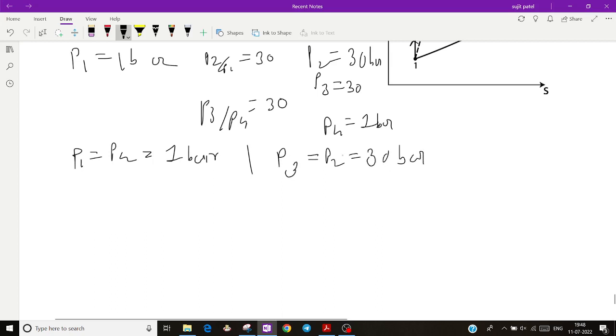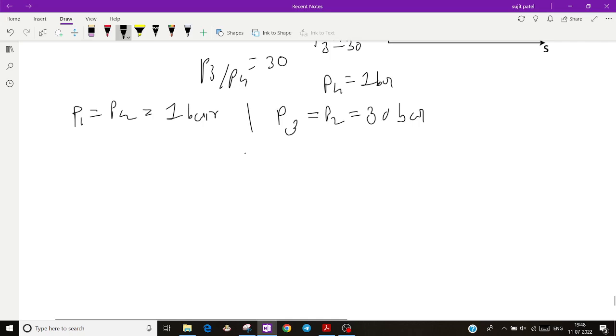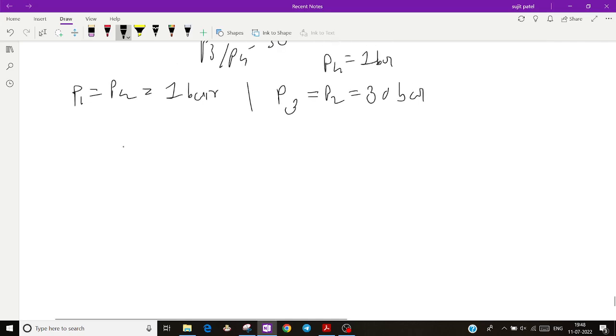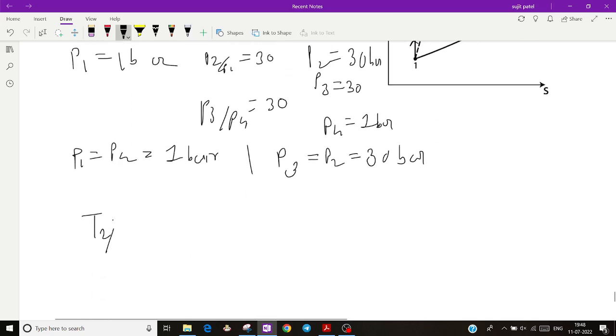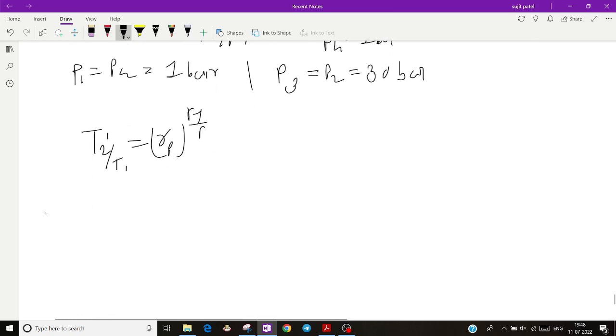Now temperature at the various points. So temperature at the initial point and the maximum temperature point is given. As this is 1 to 2, first if you take the isentropic compression, then T2 dash by T1 is equal to pressure ratio power gamma minus 1 upon gamma. Here T2 dash we have to find out, and T1 is given 300 Kelvin, pressure ratio 30 power 0.4 divided by 1.4. When you solve this, you will get the isentropic compression temperature, that is